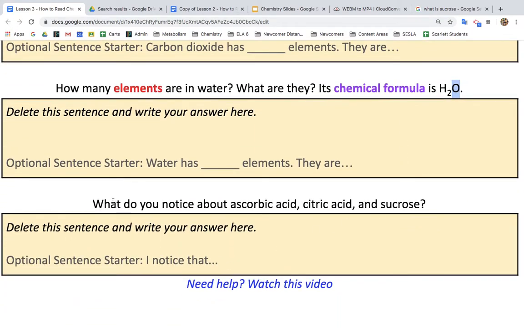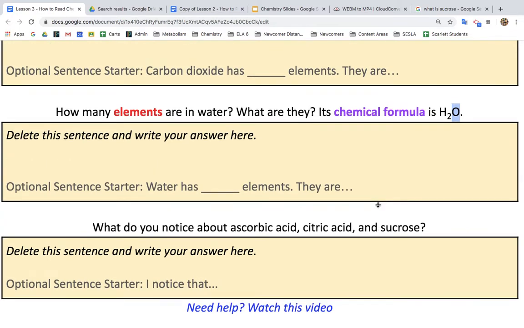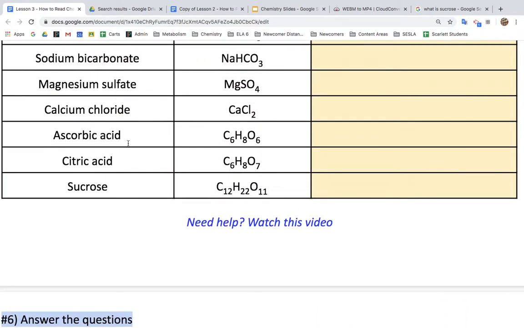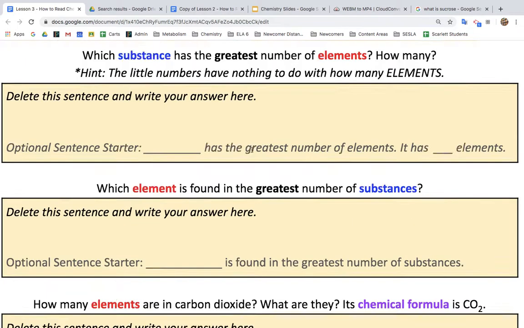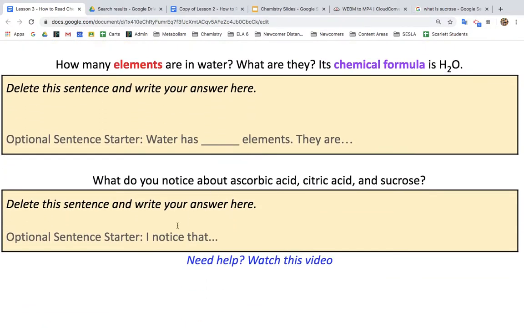The last question asks you, what did you notice about ascorbic acid, citric acid, and sucrose? Let's look here. So what do you notice about these? Look at the elements. What do you notice? I notice that